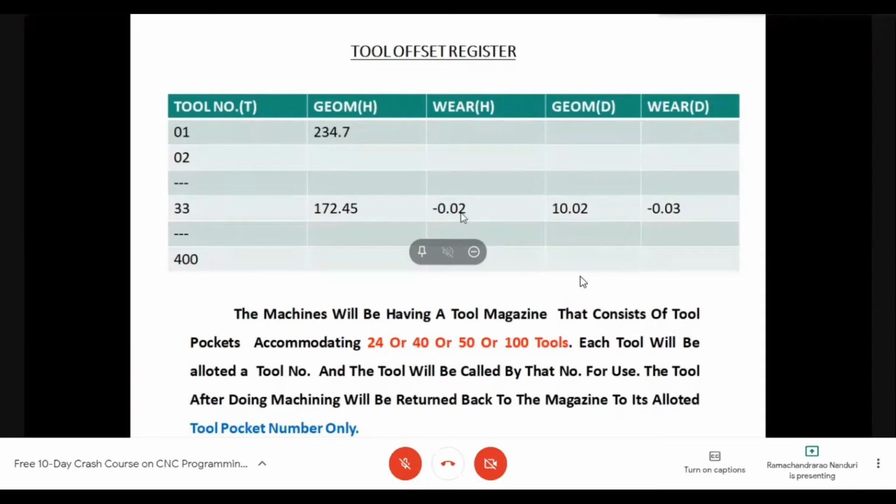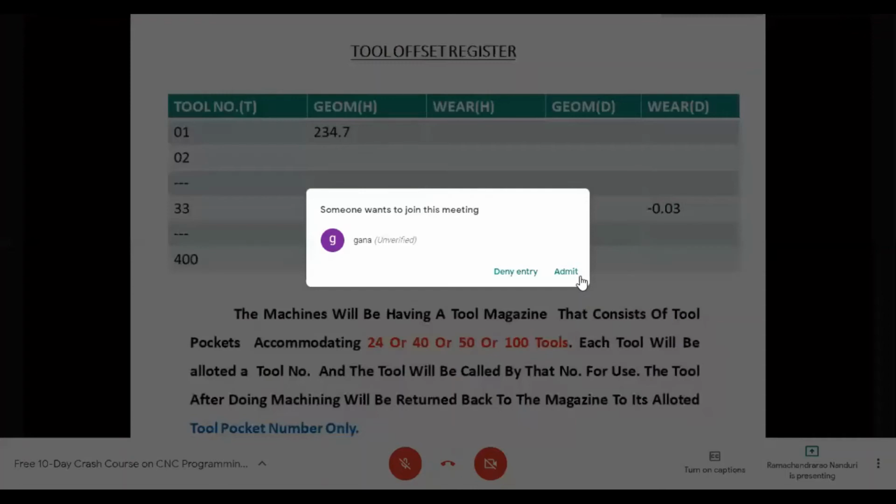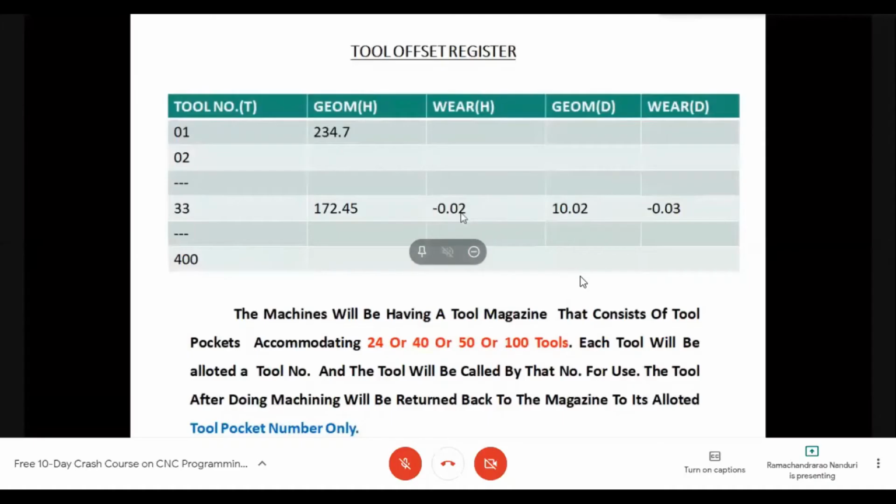For example, if you take out T33 from the magazine and insert it into the spindle, after completing the machining activity it will be returned back to T33 only, and it will not be inserted into other pockets because it is a computer. It will never commit any mistake. If any mistake takes place, that will merely be due to the human. The machine will never go wrong.